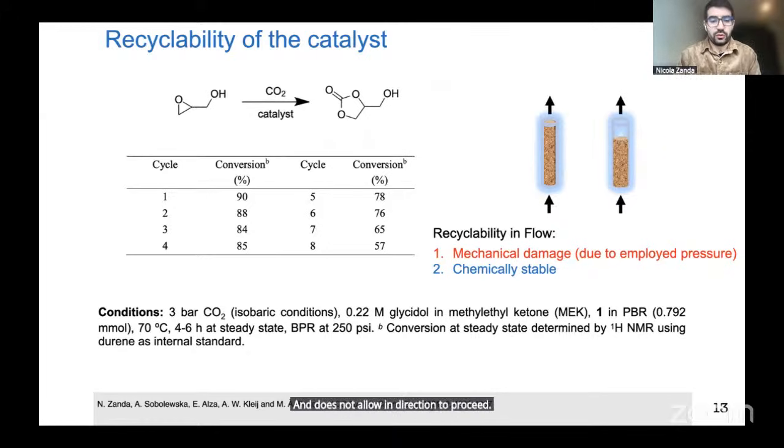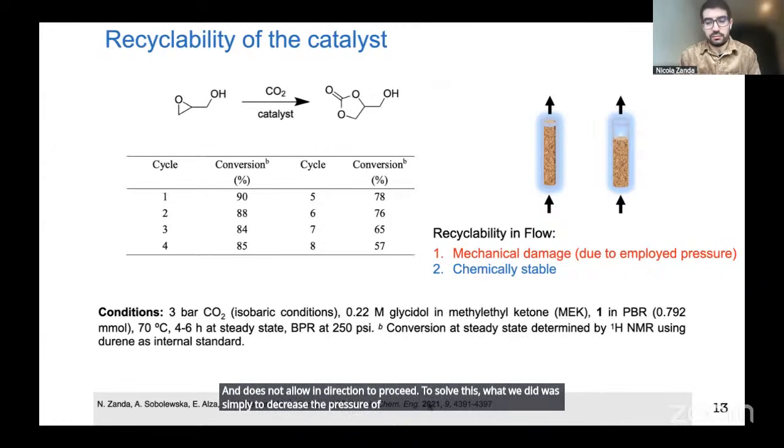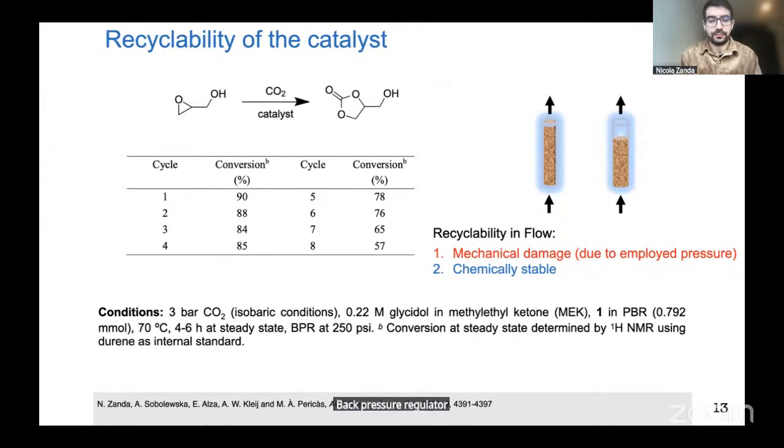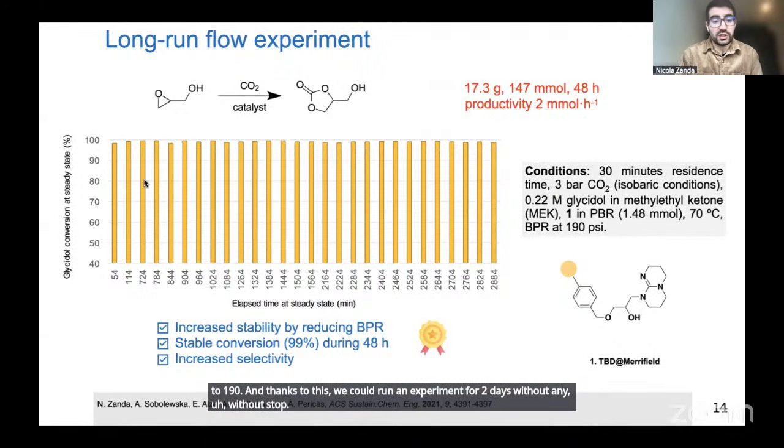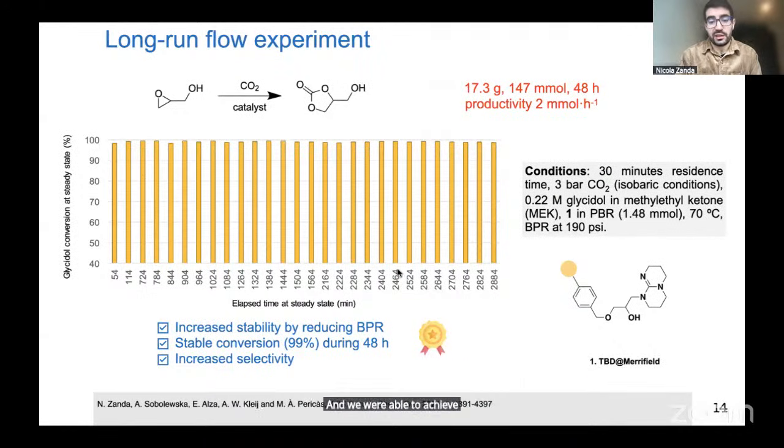To solve this, what we did was simply to decrease the pressure of the back pressure regulators of the system from 250 PSI to 190. And thanks to this, we could run our experiment for 2 days without stop. And we were able to achieve stable conversion at 99%,